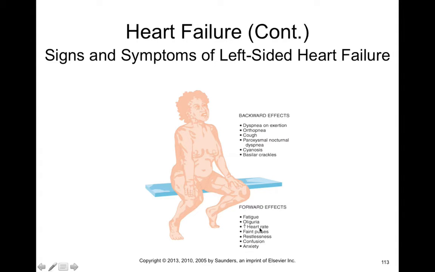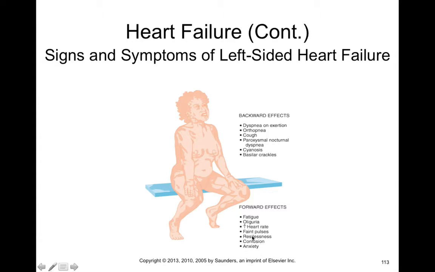Oliguria, an increase in heart rate, which would be a compensatory response of heart failure. Faint pulses, and then some more cognitive signs like restlessness, confusion, anxiety. And this comes due to the fact that if the nervous system's not receiving enough blood flow, some of the higher brain centers start to shut down. And by a reduction in cognitive processes, you see restlessness, confusion, and anxiety due to the decrease in blood flow